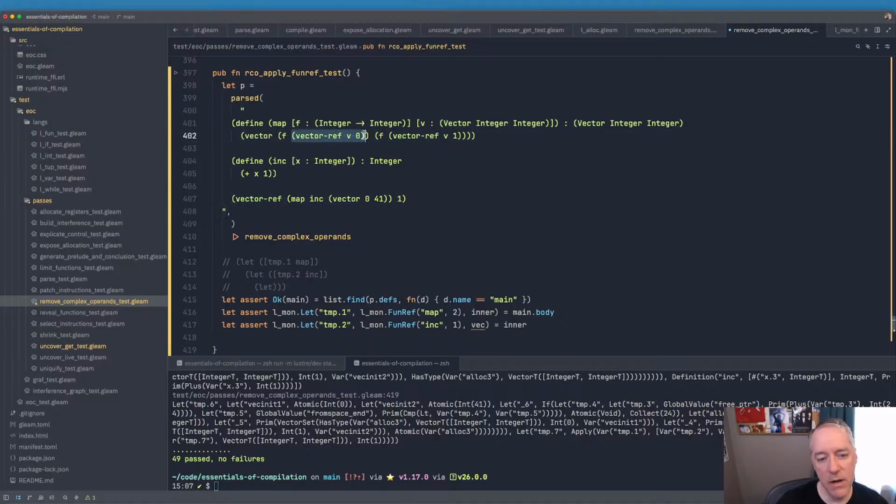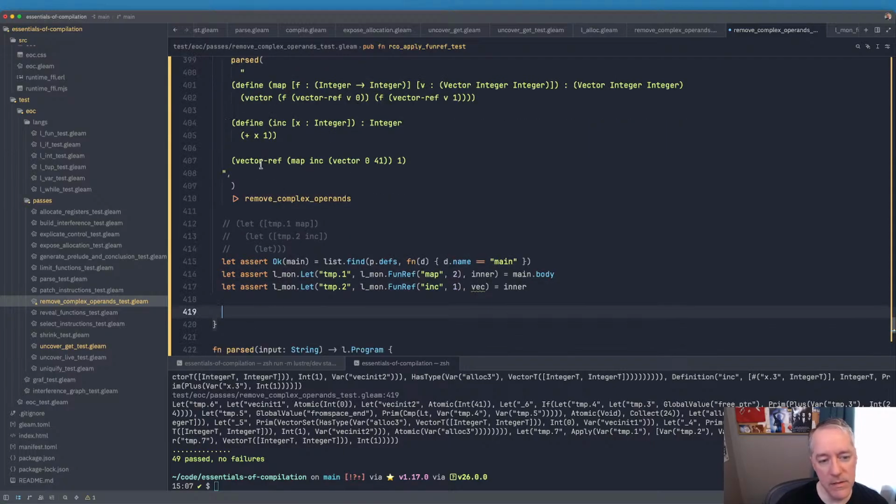So we should probably go ahead and get the inc, which is not going to be changed because that's an atomic. That function's not going to be any different. So we could just check that